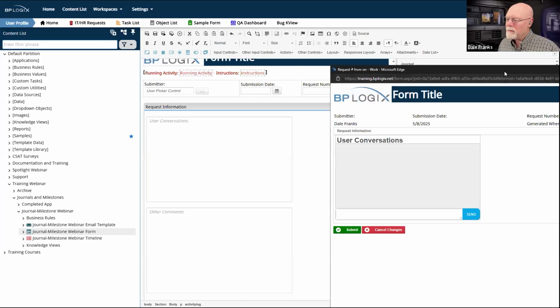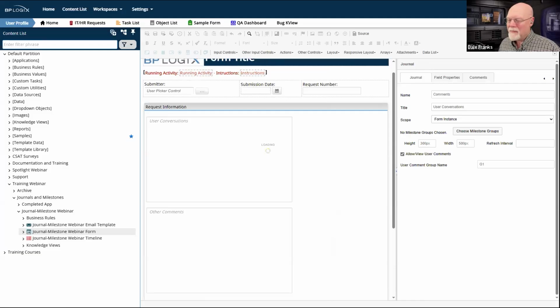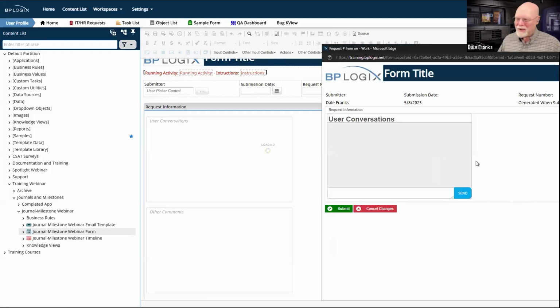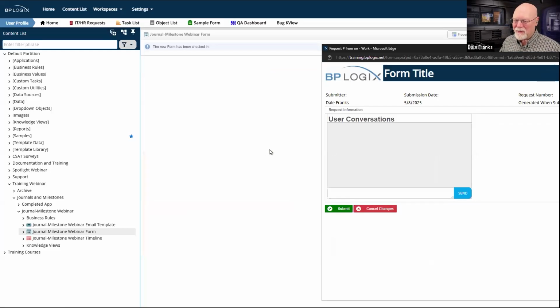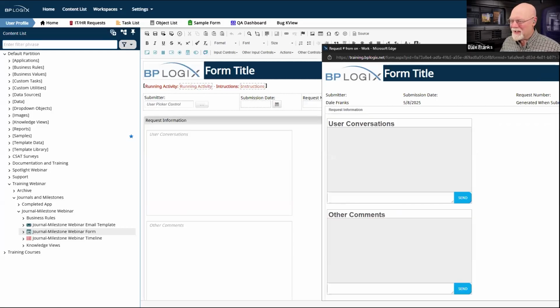Let's refresh it. Actually, I should probably save it first, right? I'm not sure it's saving me any time keeping the form open. I'm not sure it's worth it to keep the form open if I have to wait for the spinny to go before I can refresh the form. I might as well just hit save and run.